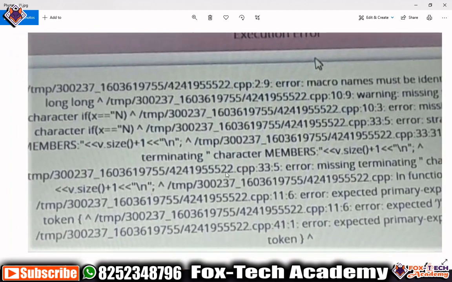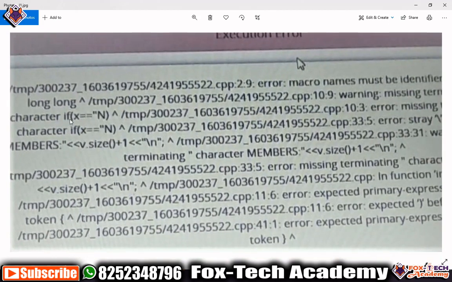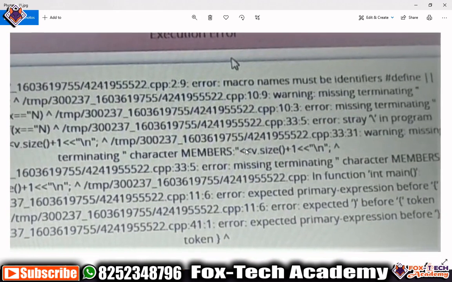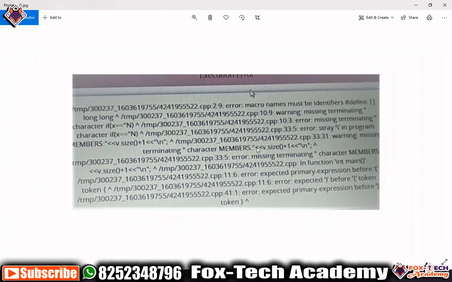So you can easily figure out, where you know that you have written the program, you can easily find where we have used this if condition related to x or n. You can easily go there and you will figure out that error. So this is an example of an error.